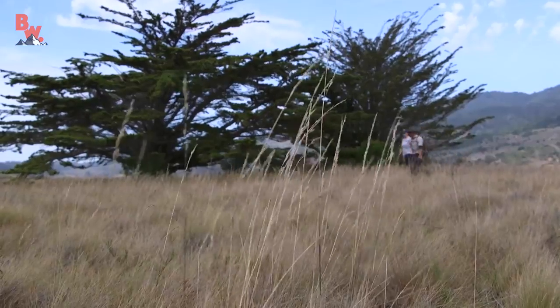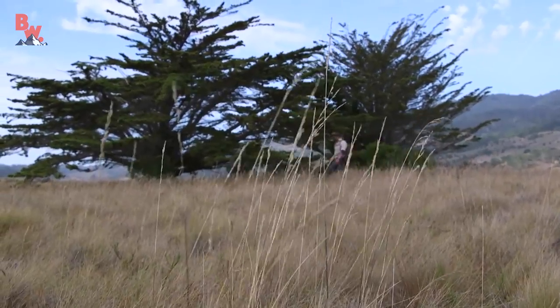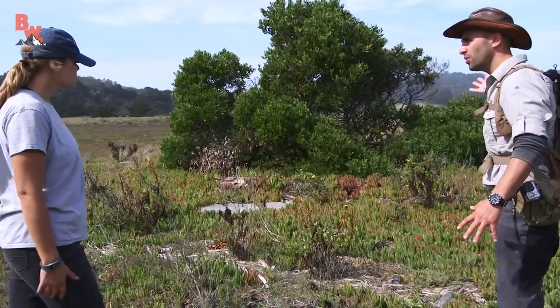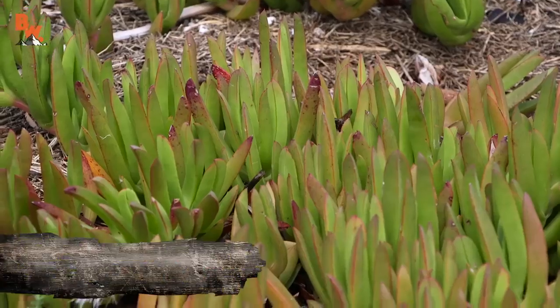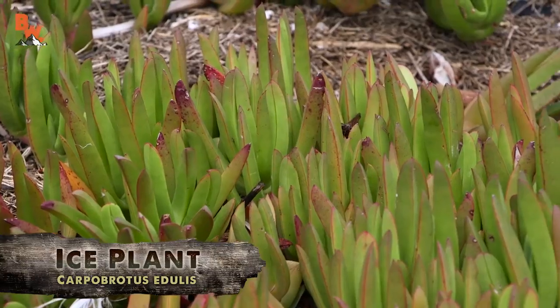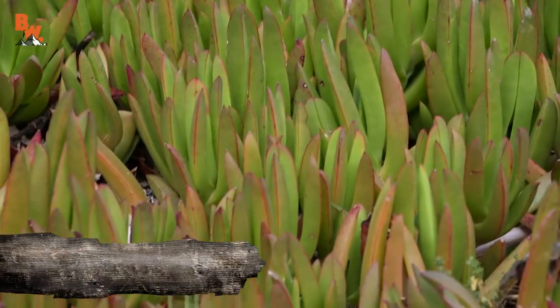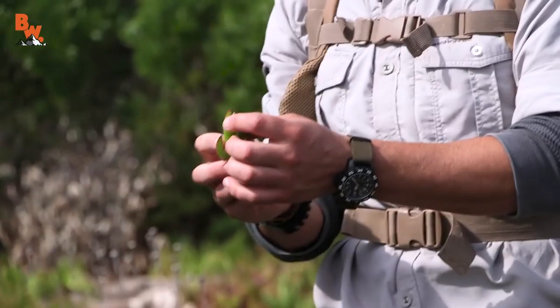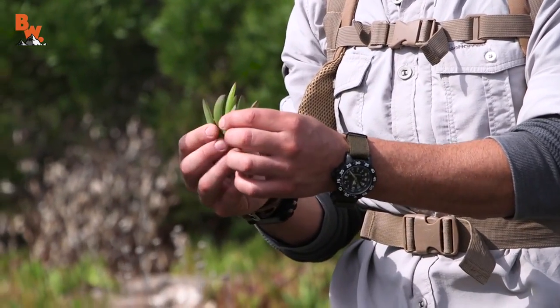Moving back inland, we suddenly came across Kate's arch enemy and the most notorious invader of Kent Island. What are we looking at here? We're actually looking at ice plant right here, which is originally from South Africa. So this is an invasive species right here? Yes, exactly. That's too bad because they're so cool looking, and I assume this is some sort of a succulent,